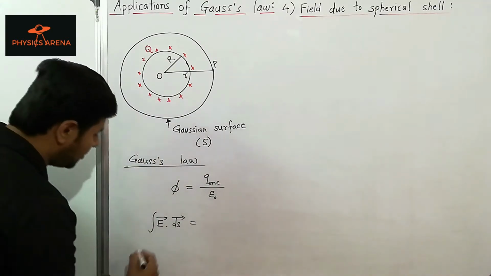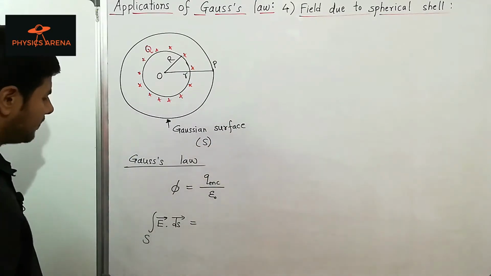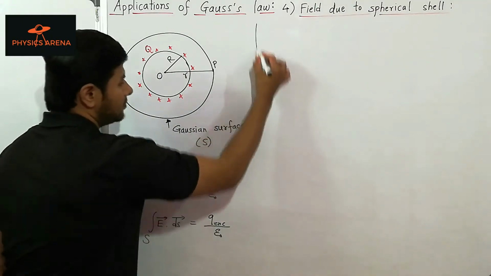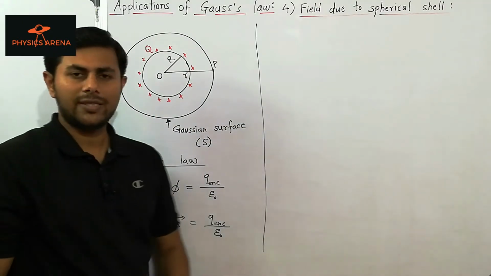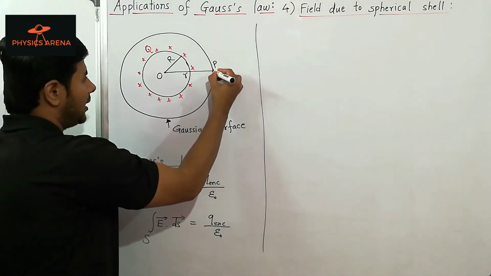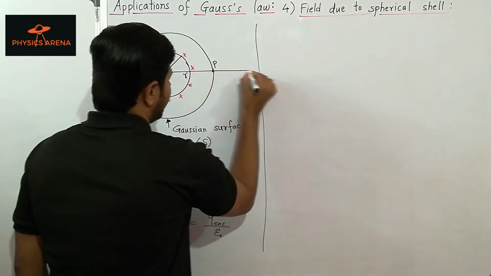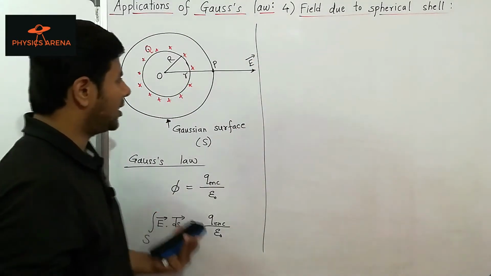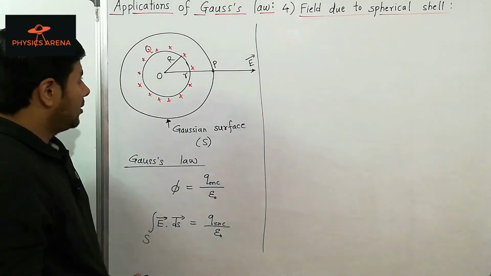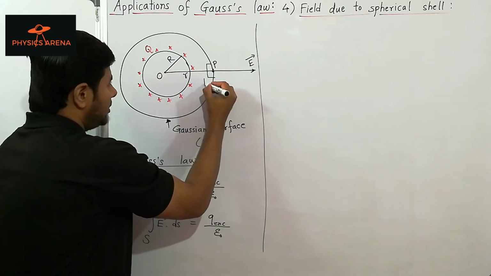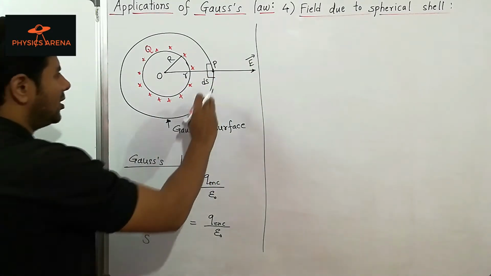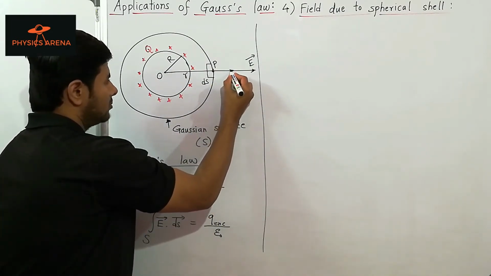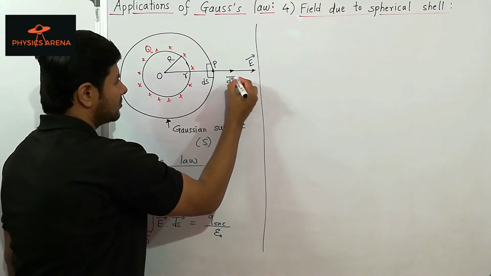So we are applying the Gauss law over the Gaussian surface, which is S. Then again we can say that the electric field at this point P would be directed like this. Due to this spherical symmetry, it should be radially outwards. This is ds, a small surface surrounding this point P,